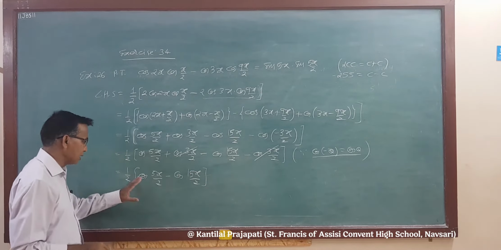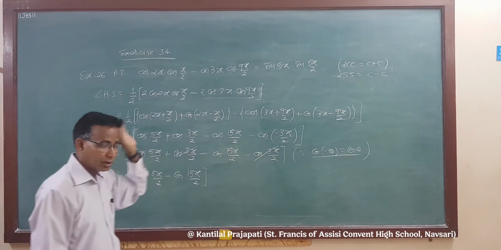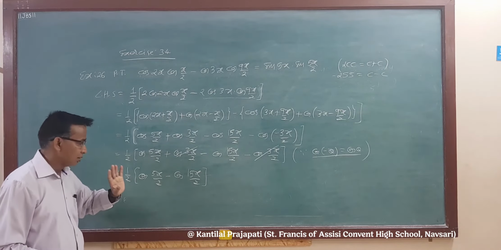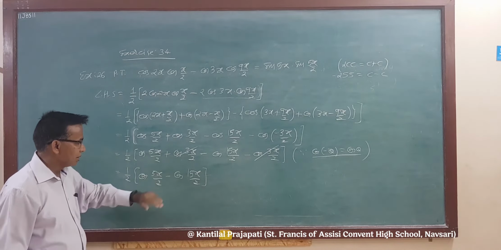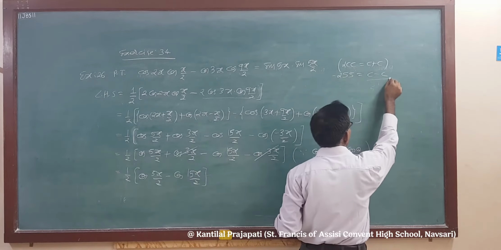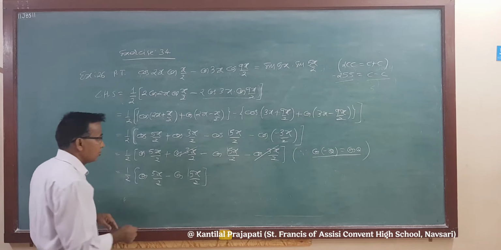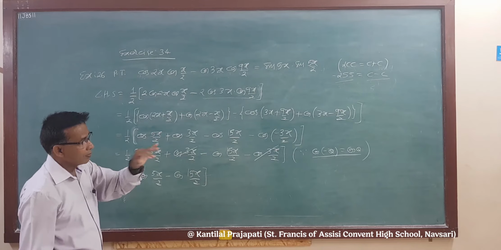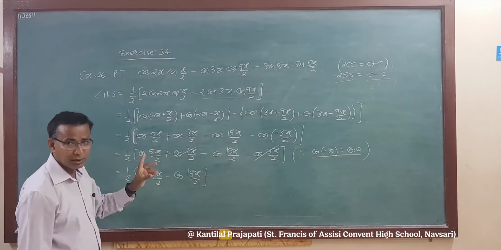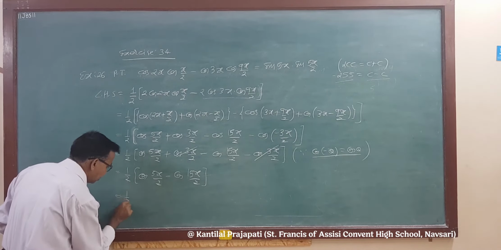This is not the RHS. What is the RHS? Sine into sine, that is a product. And here we get a difference of cosine functions. So we have to represent this difference as a product. And what is cos C minus cos D? That is minus 2 sin sin. We have tried this formula. But remember here, when a sum or difference is represented as a product, the sum of angle and difference of angle must be divided by 2. So we write here 1 upon 2.